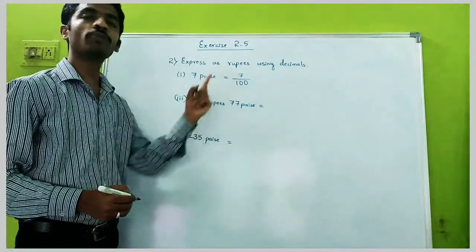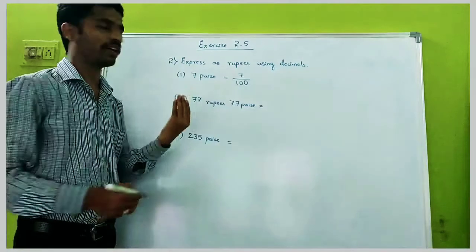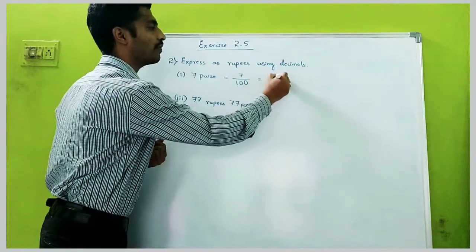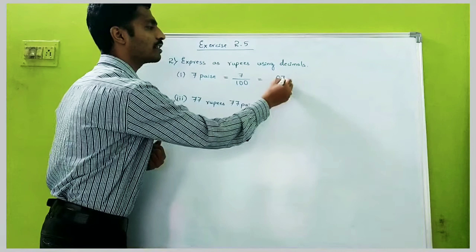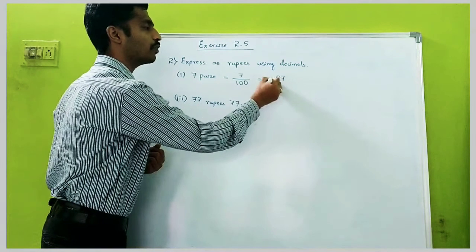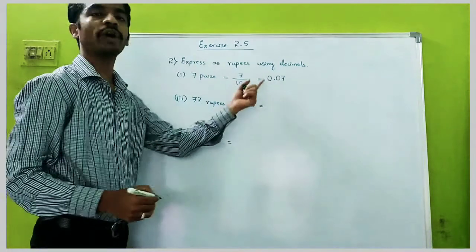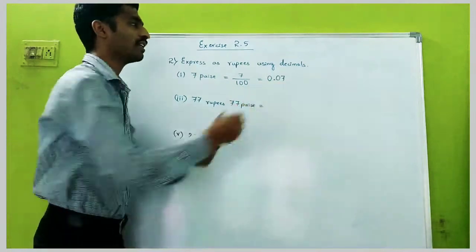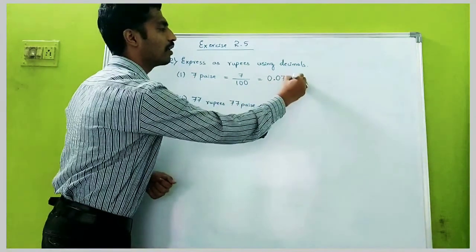But here we are getting only 1 point from the right to left. So take another 1 point for as 0. It will be 7 and 0. So 1, 2. After 2 point numbers put the point. So 0.07 is our answer for